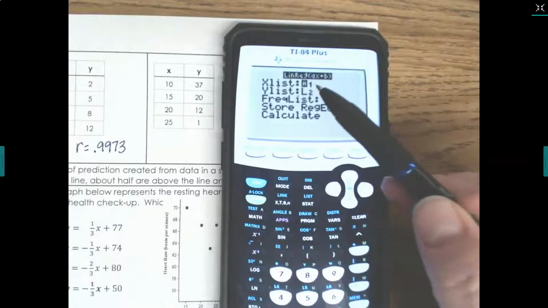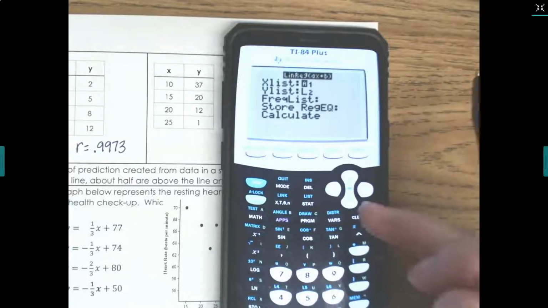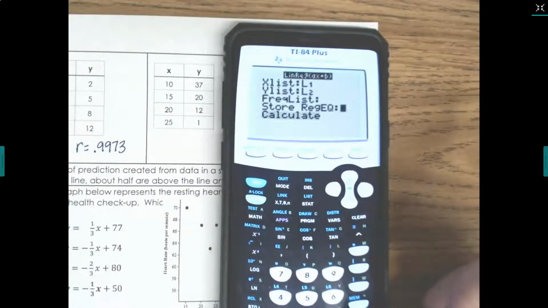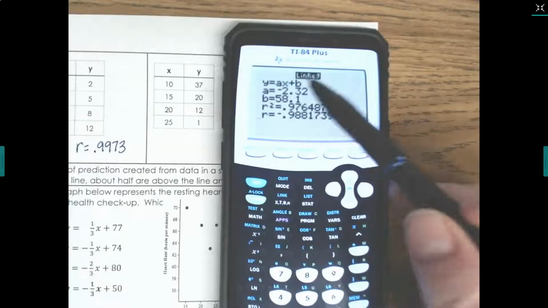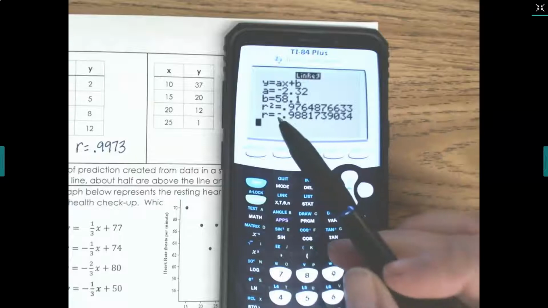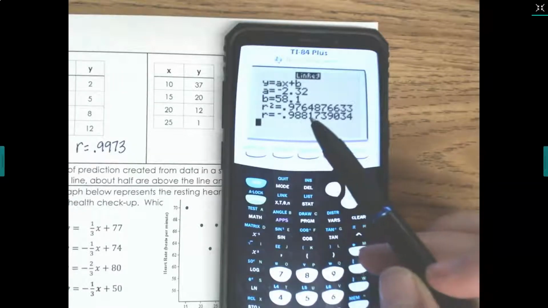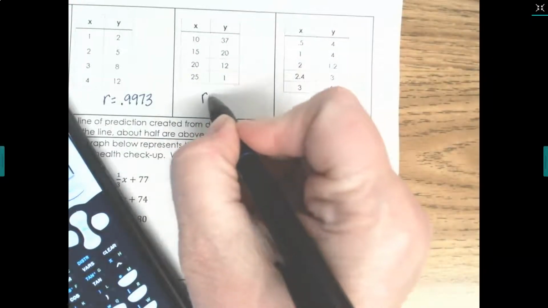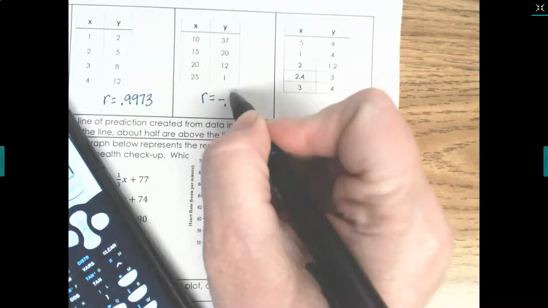We put our X's in list 1 and our Y's in list 2. So we can just enter, enter, enter. And it's going to give us, all we care about right now is that R value at the end. It's a negative 0.98817, so we're going to make that 1 and 2. So we have R equals negative